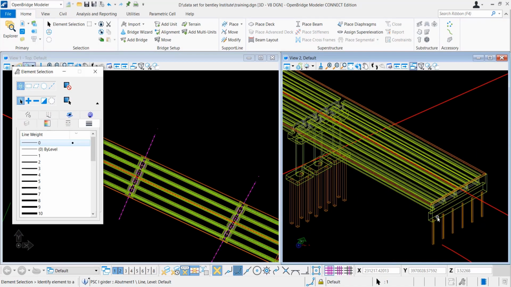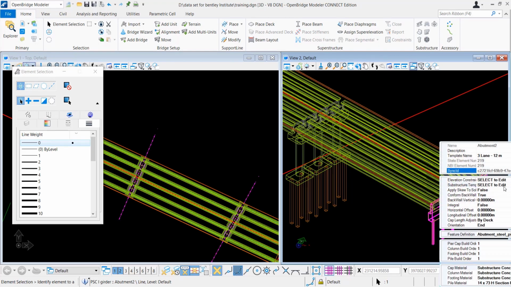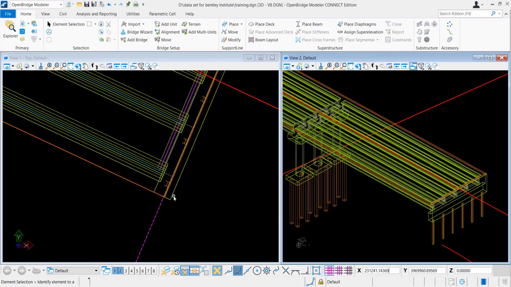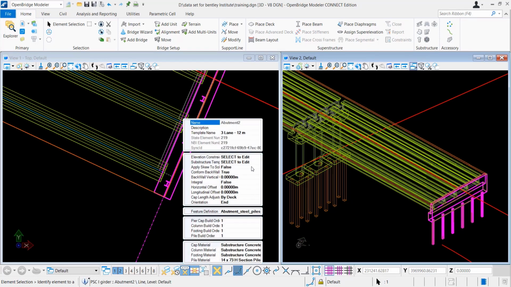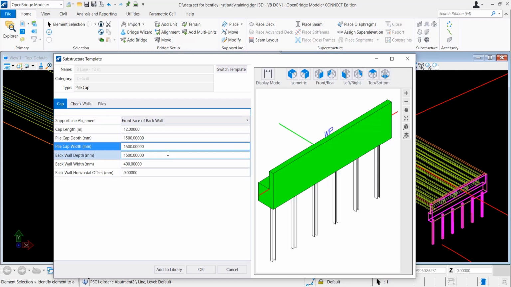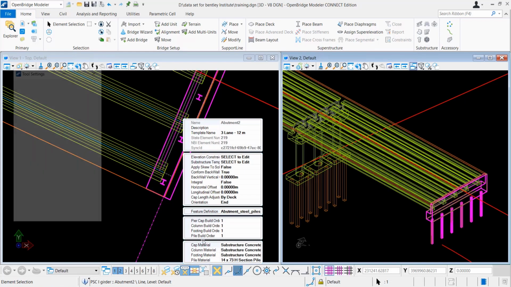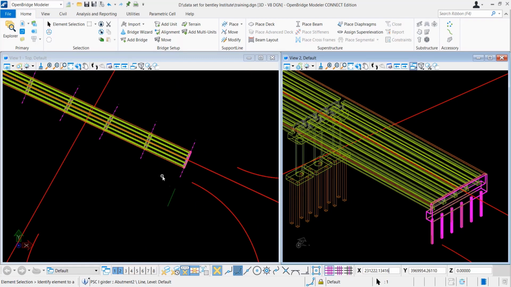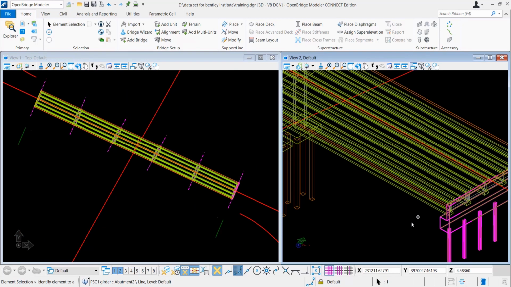In a similar way, you can select the end abutment, and then we'll update it by template. Remember, just click on that element, hold it for a second, go to the right click option, but don't click it, just hold it for a second, and it will open the options for you, through which, in the properties button, you can go to edit substructure templates and edit it. In a similar way, we'll edit all our elements if required.